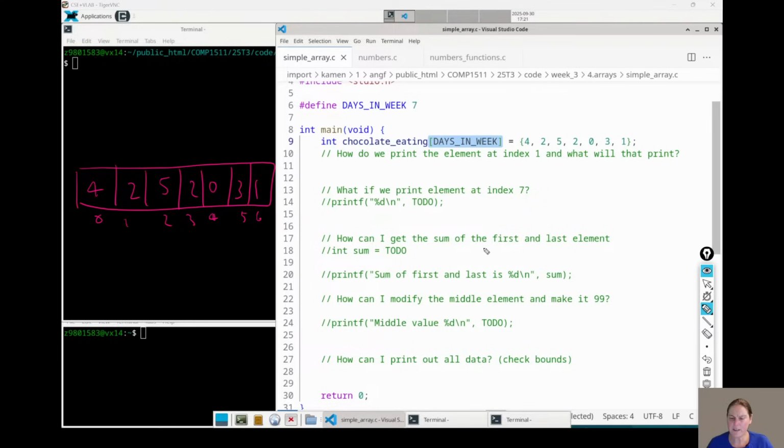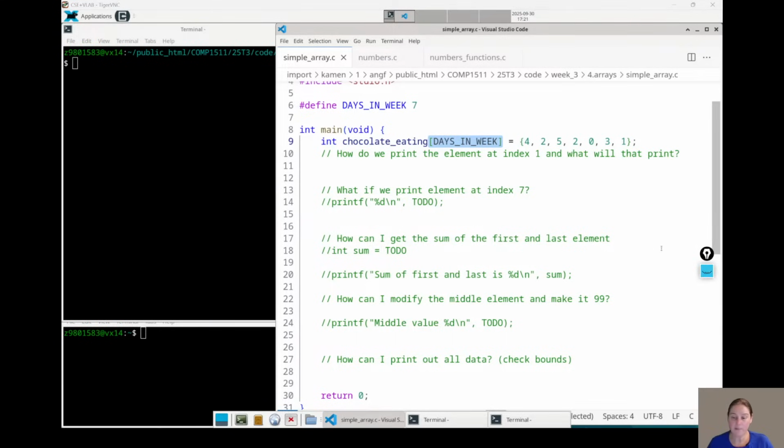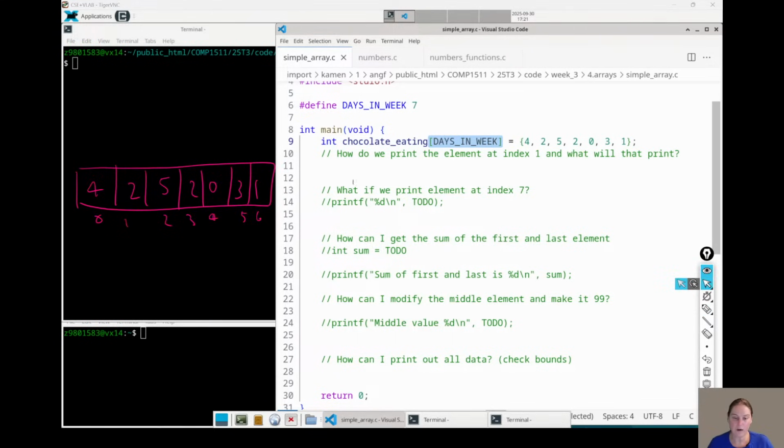Now, if we wanted to just print the element at index 1, how am I going to do it? Well, every element in this just happens to be an integer, so we would use %d, and the name of the array is chocolate eating.